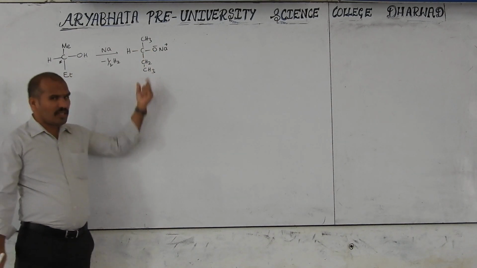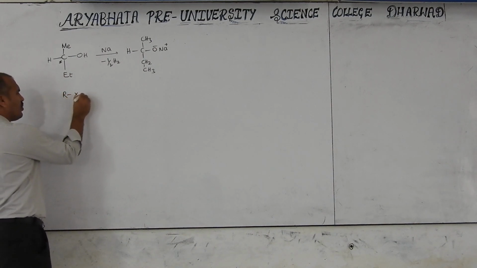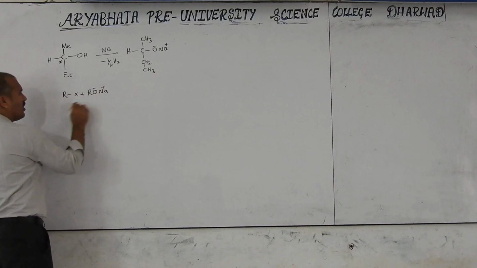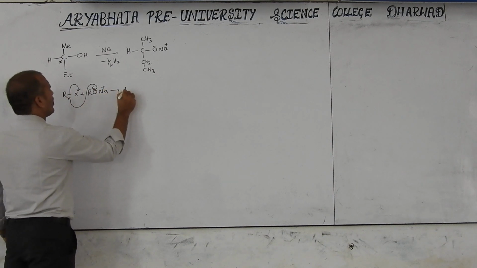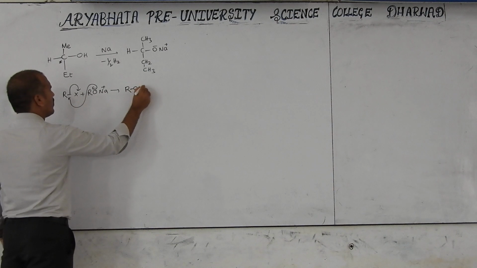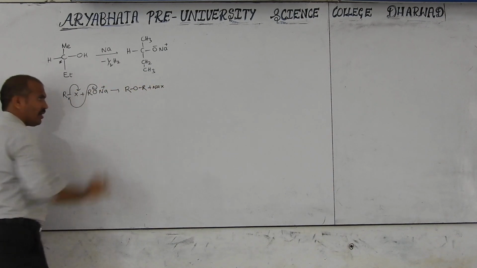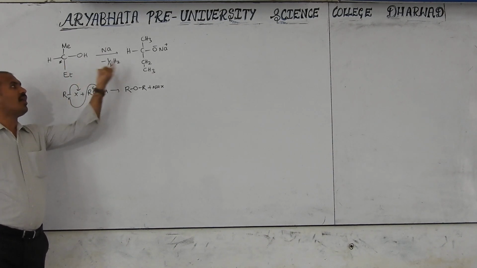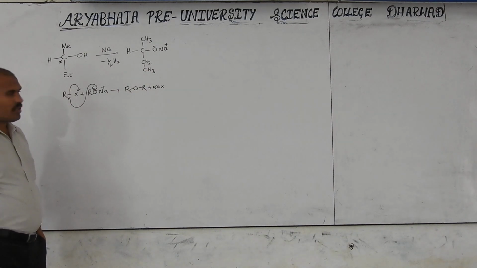This is now an alkoxide. We know in Williamson synthesis that it is RX plus RONa. The minus is attached to the plus, then R is added here, X is eliminated, and we get ROR and NaX. That type of reaction we are writing. But I am taking it from the alcohol. How do we make it the alkoxide? Now I make this sodium alkoxide.